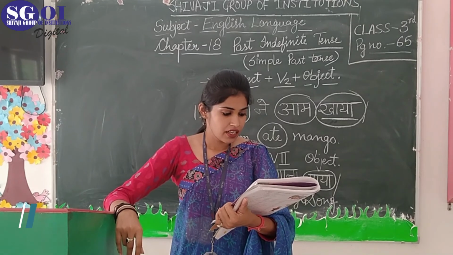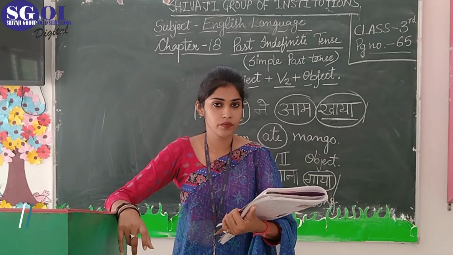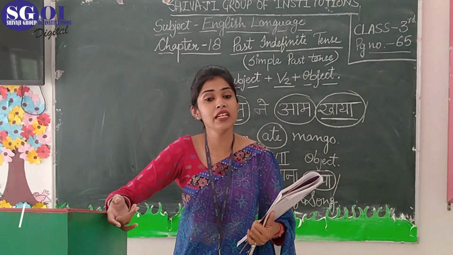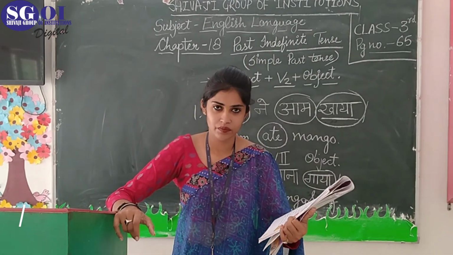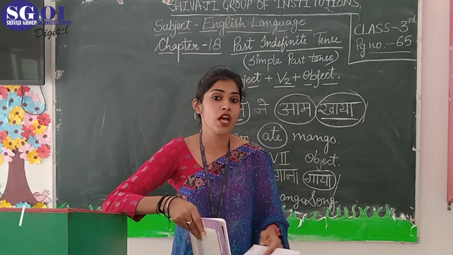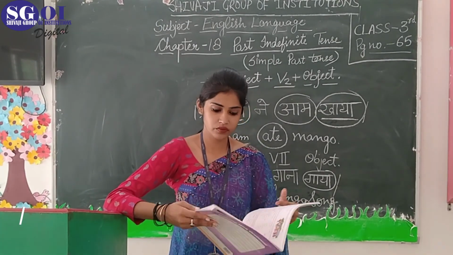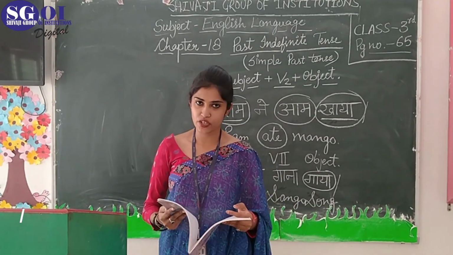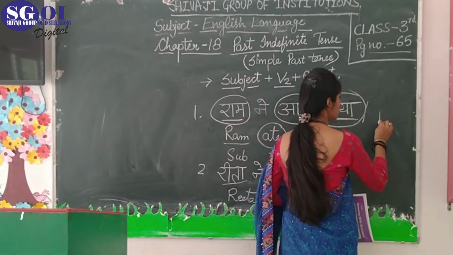Okay. Again a few first forms of verbs are given here, and you have to convert all of them into the second form and then write them in the place of the blank. Okay, do it by yourself. Now you know how to do it. Simply you have to convert the first form to the second form. So do the exercise on page number 66 and page number 67 by yourself. This is your homework.